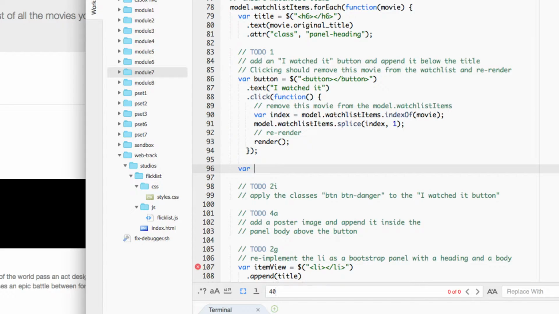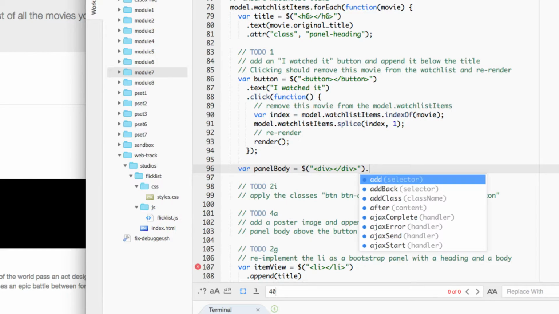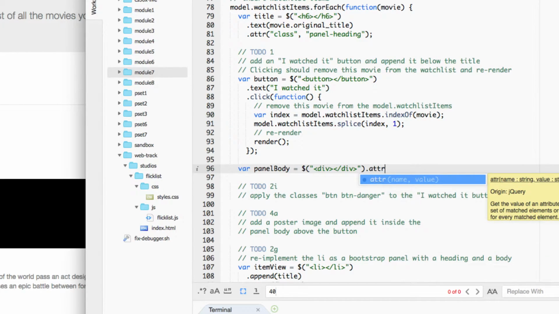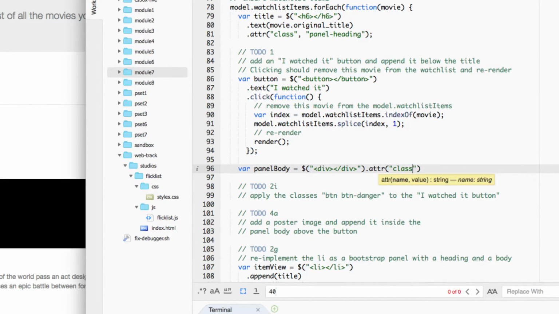So I'm going to make a new element. I'm going to call it panel body. And this can just be a div. There's nothing particularly more semantic we can say. It's really just a container for this other stuff, with a class